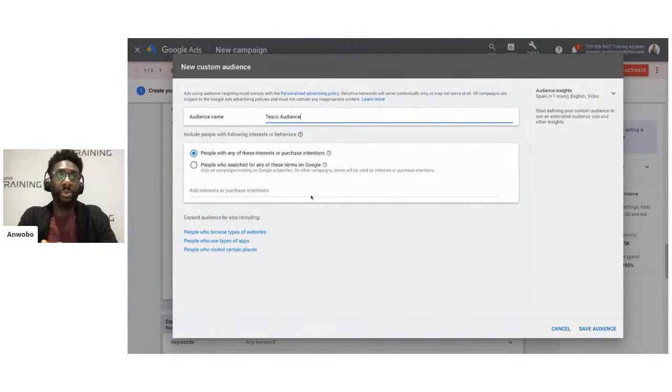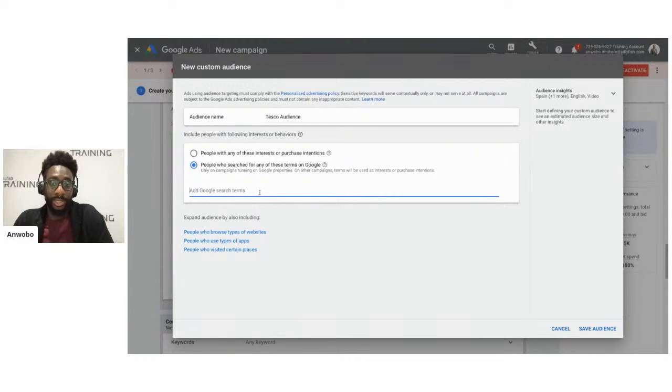And essentially what we would like to do here is you're either going to find users who have searched for terms on Google that are either Tesco related terms or similar to Tesco related terms. So you can put in any of Tesco's competitor brands in there for users who are searching on those type of terms. Or you could go with people with the type of purchase intentions or interest.